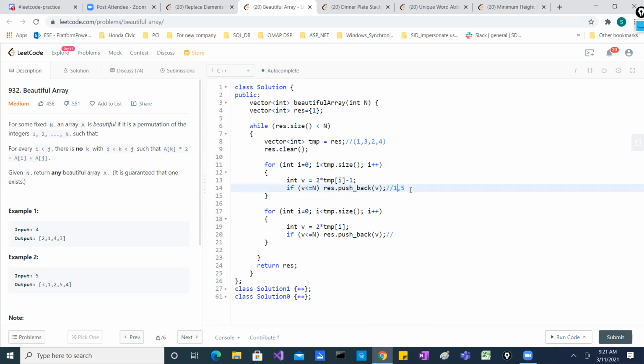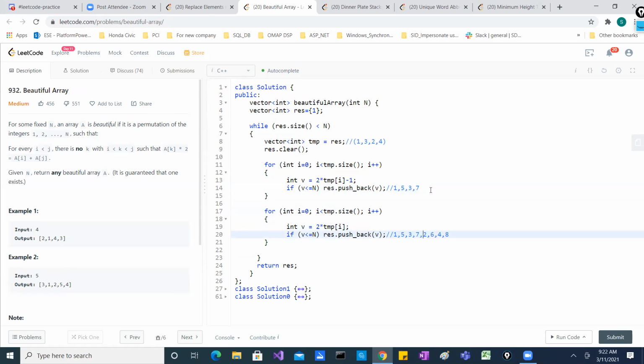When I'm done with this 3, I go for 2. 2 into 2 is 4, minus 1 will be 3. Then 4 into 2 will be 8, 8 minus 1 will be 7. So I'm just forming these values over here, and then I'll be multiplying all of these by 2. So this will be 2, then this will be 6, then this will be 4 and this will be 8. Then I'm concatenating this one, so it will be before these values. This is the way I keep on constructing this range.